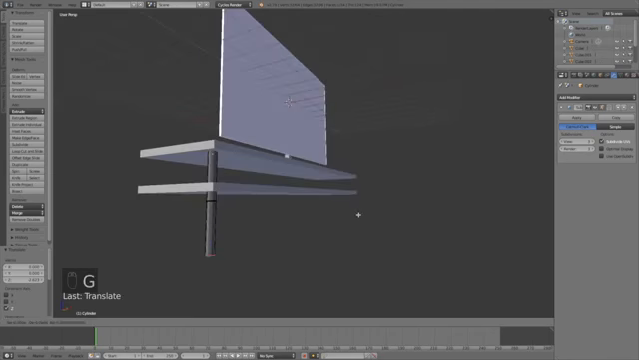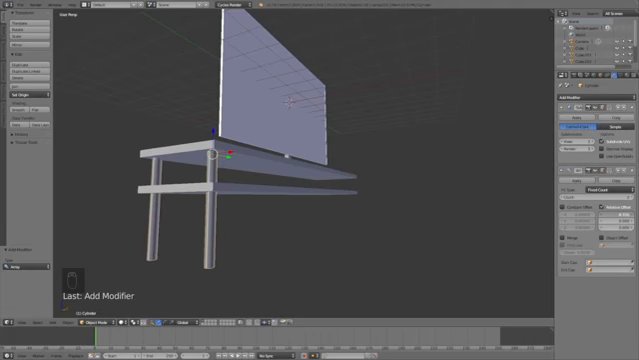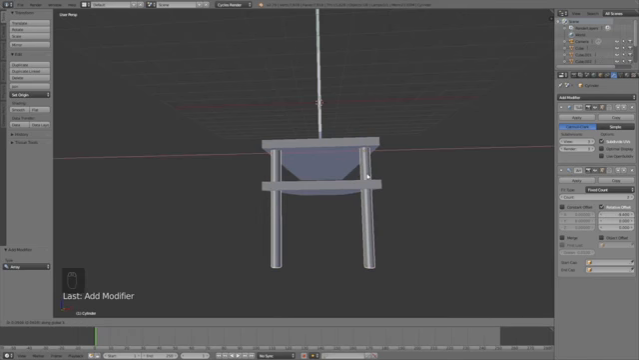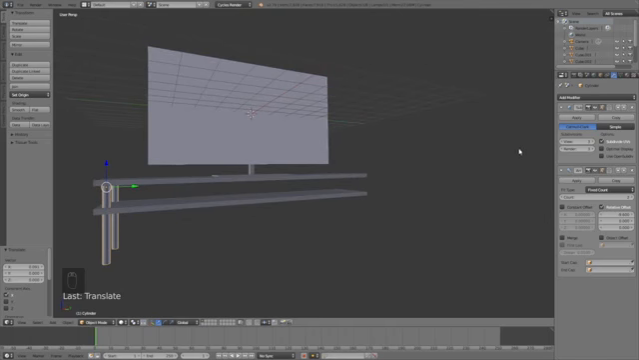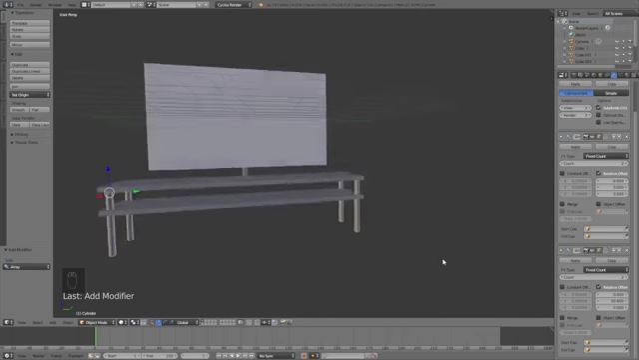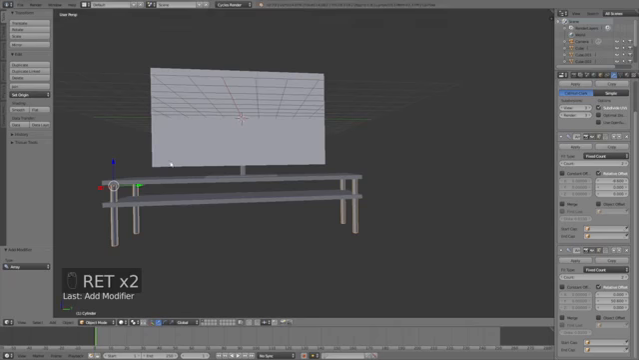Now, in order to duplicate the table leg 3 times, I will use the array modifier. So add the array modifier, and then change the X value. And let's move it down a bit. And then grab it a bit on the X axis maybe. And then we need to add another array modifier. And then set the X value to 0, and then increase the Y value to duplicate them on the Y axis. Okay, so now we have 4 table legs,